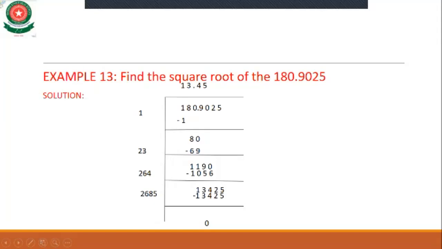1 multiply 1, which is equal to 1. 1 minus 1 is 0. We move toward 80 downward. This pair moves downward. हमेशा याद रखें, जो इधर आएगा उसे 1 को 2 से मल्टीप्लाई करेंगे. 2 1s are 2. सो जो भी नंबर 2 के साथ इधर ऐड होगा, वो ही इधर लिखेंगे. 23 3s are